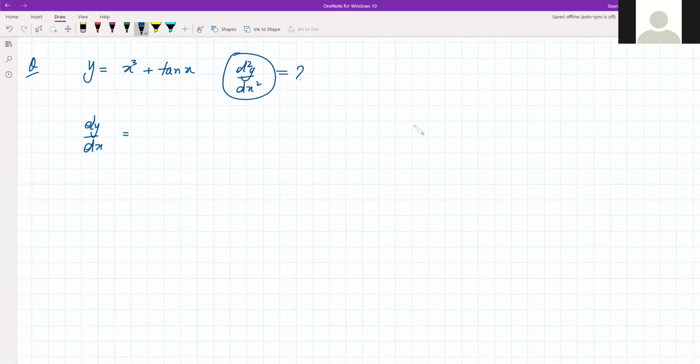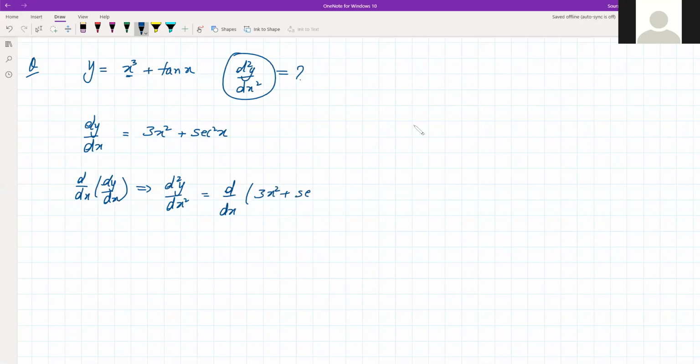That will be 3x square, the differentiation of x cube, plus the differentiation of tan x, which is nothing but secant square x. So this is our first order derivative. Second order derivative means you differentiate it once again, which is represented as d square y by dx square. That means now you have to differentiate this once again, that is d by dx of 3x square plus secant square x,